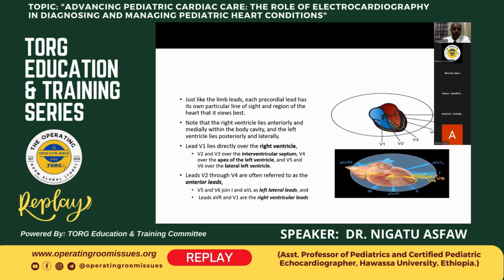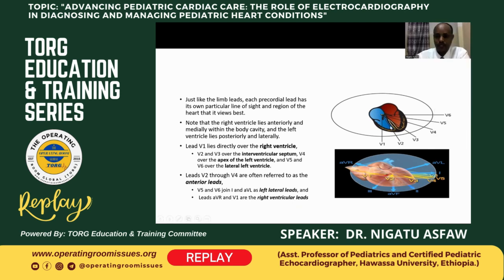For example, we put V1 on the right of the sternum in the fourth intercostal space, so it will give us information on the electrical activity of the right ventricle, and V2 and V3 will represent the interventricular septum, and V4 will be around the apex, so it gives the electrical activity of the apex of the heart, and V5 and V6 will show electrical activity of the lateral part of the left ventricle, and these chest leads give information about the electrical activity of the heart